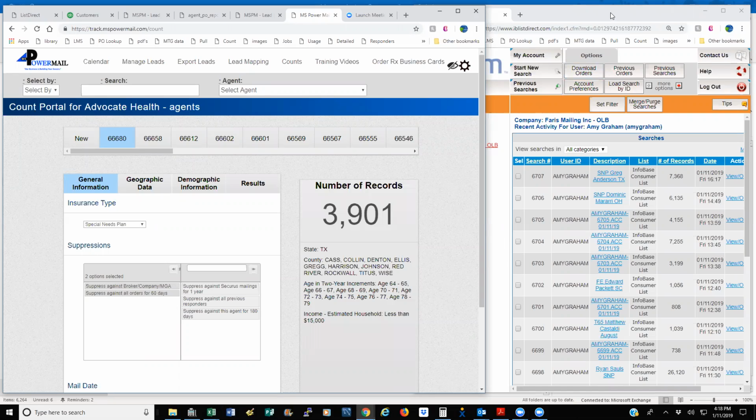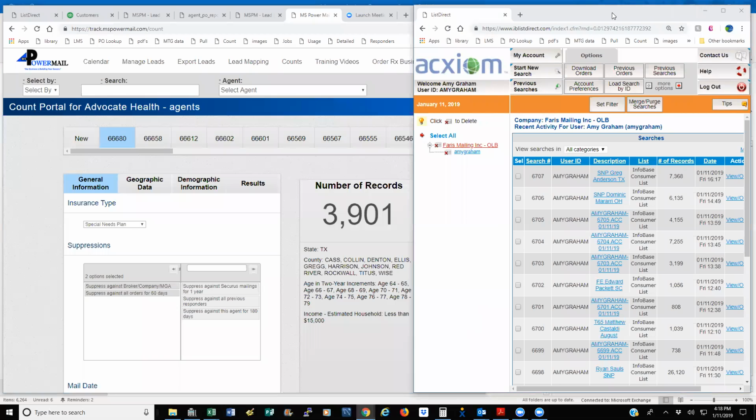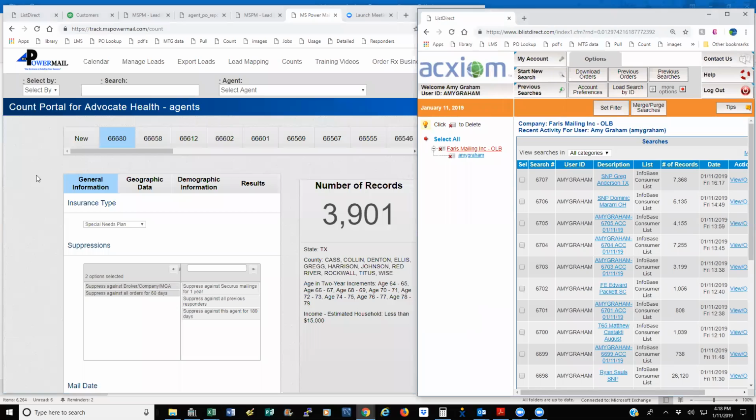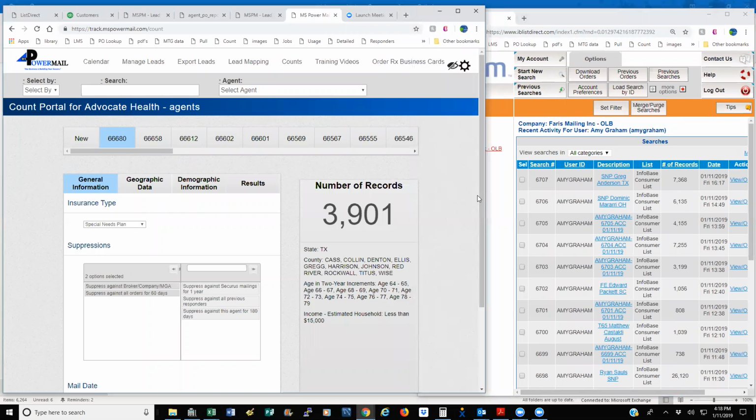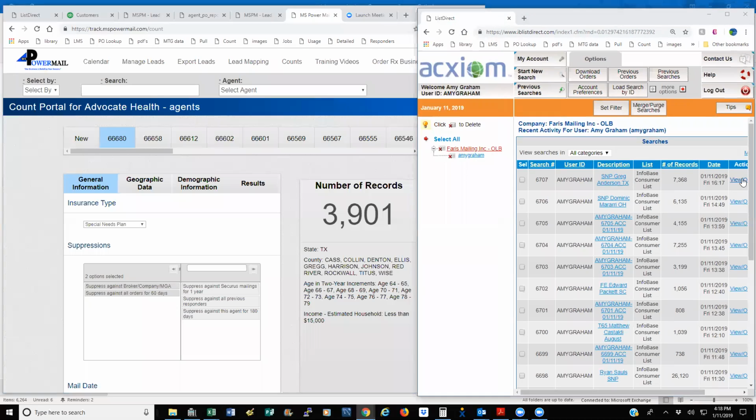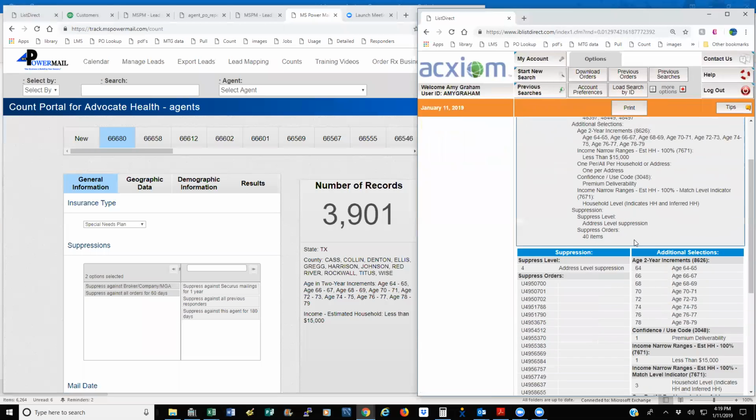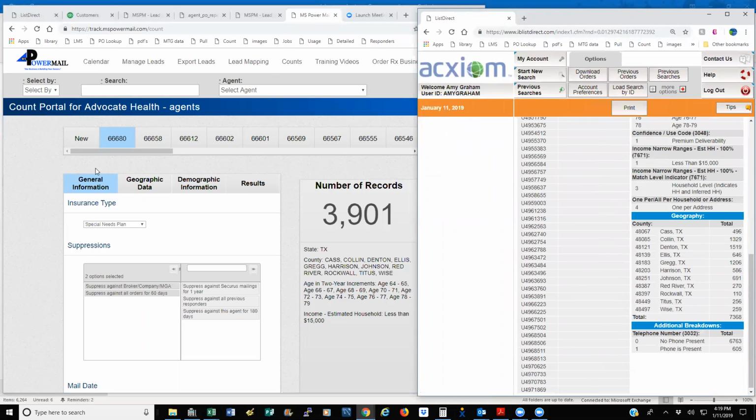How we get our orders comes in many different ways. I have a company who sent me an email and attached the count that they ran within our system. As we all know, this is not a valid number, but it's the number they're expecting to mail. So I have recreated the count in ListDirect. So what we need to do